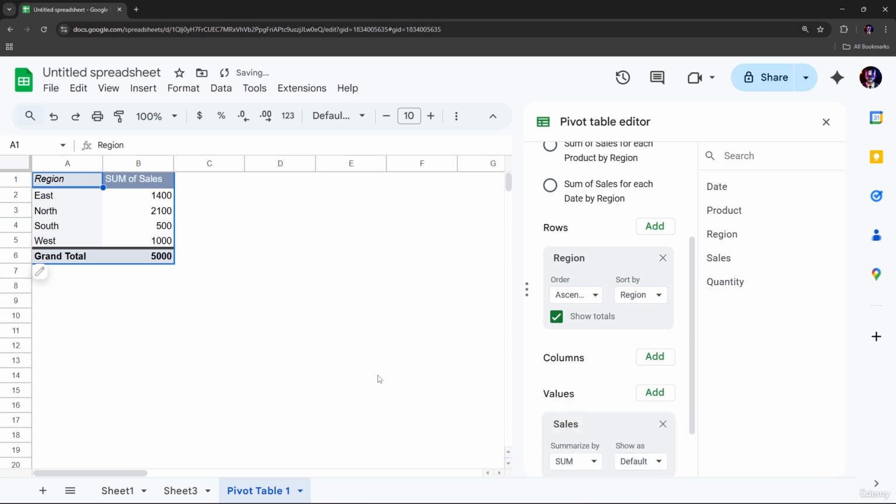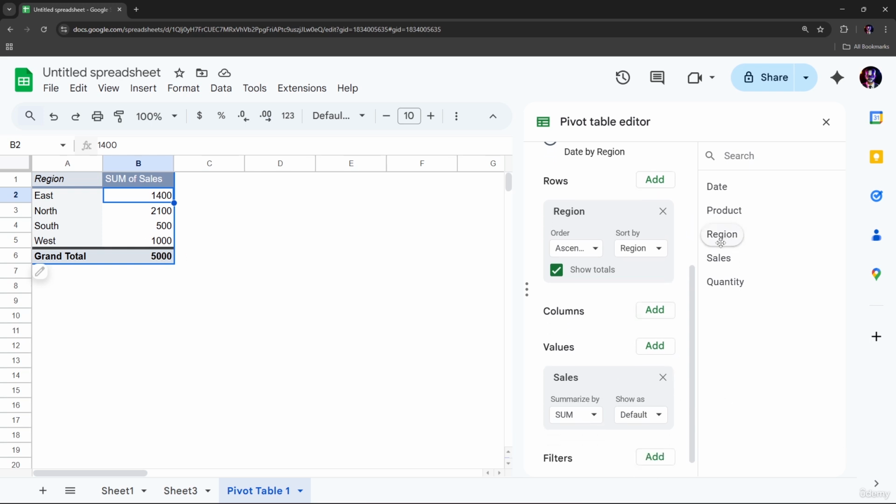Now we get a clear summary for the regions, the sales for east, north, south, and west. This shows us that the north region has the highest sales. Okay, and for another example, you can now add the product